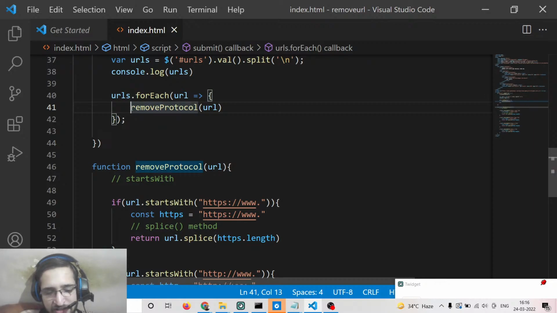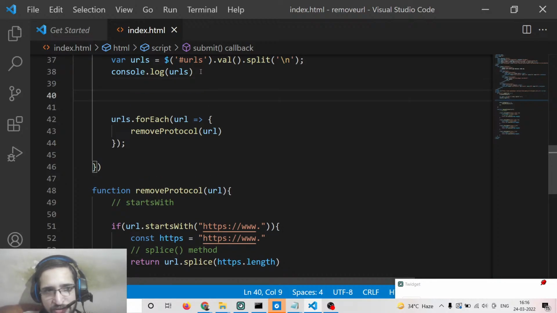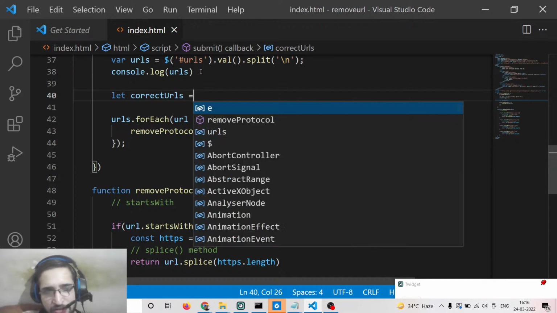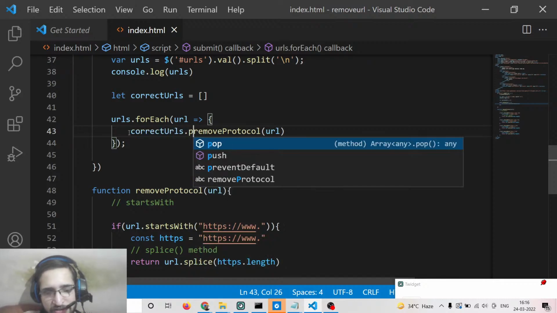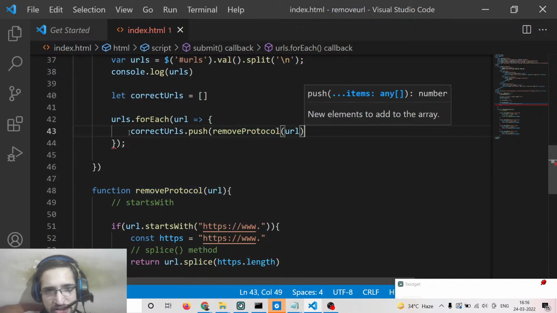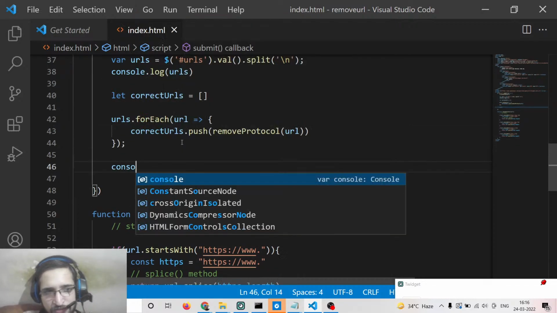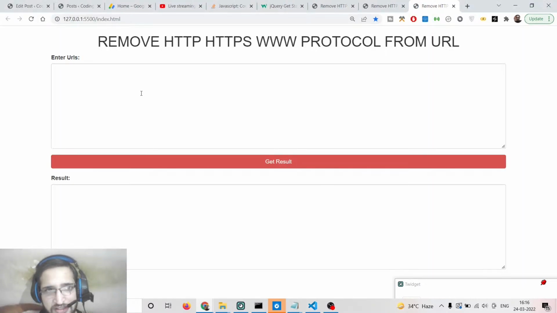So now basically we can have a variable. So here what we can do is that, guys, we can store this inside correct URLs. Basically, this will be an empty array, and right here what we can do is that we can push this inside correct URLs. Correct URLs dot push, and we will push each entry inside this correct URLs array. So now basically, if you console log correct URLs array, so now you will find,